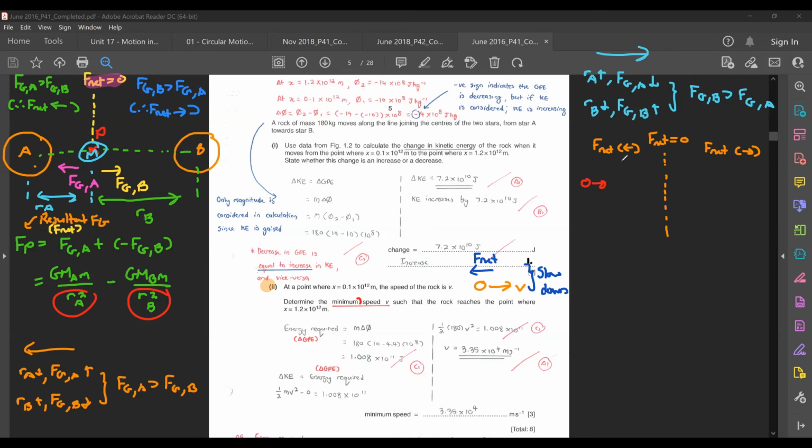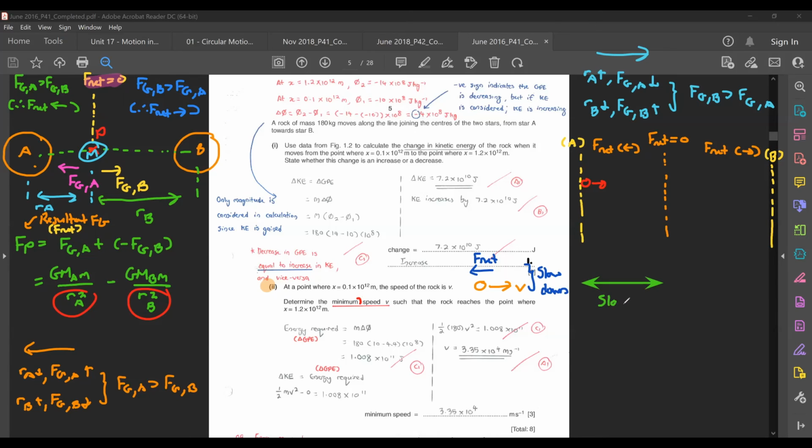So let's just say right now I'm talking about the situation between the two stars. When I first project my mass from star A, let's just say that this is where star A is. And then I want to make sure that it reaches star B. The thing that will actually happen here is that between this section here,